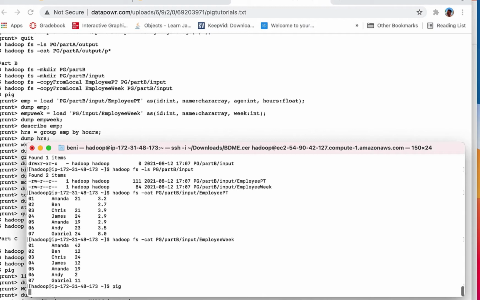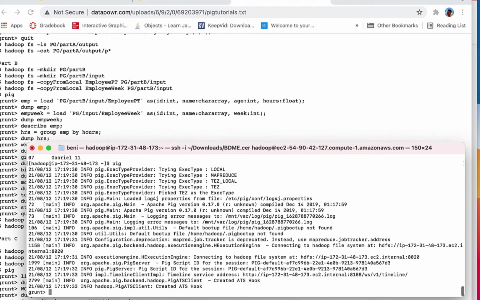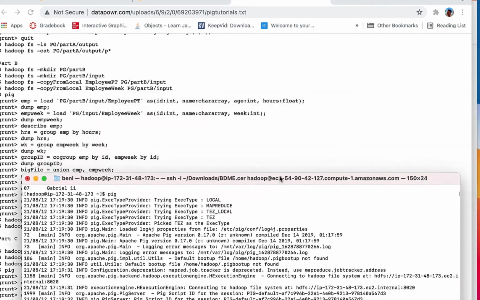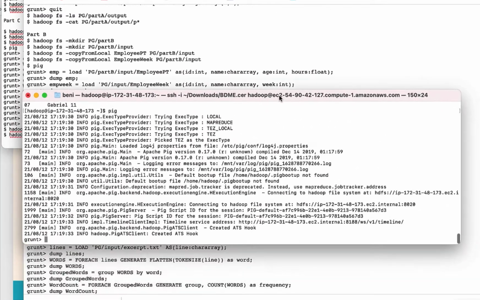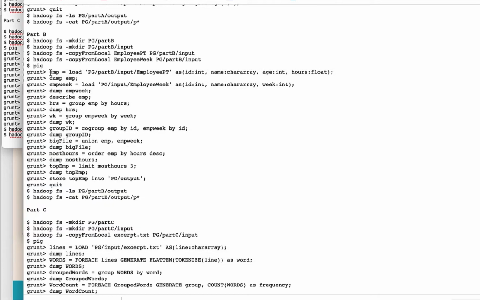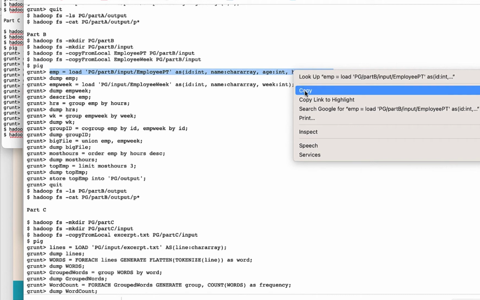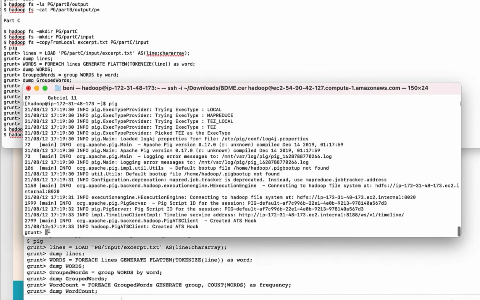Let's invoke the grunt shell, type pig. I will be copying and pasting the commands that are already posted on the DataPower website. So let's create a new bag called EMP that is going to load the employee PT, which is located under the input subdirectory. The fields are the ID, the name, and the age, as well as the hours per week that the employee has been working. So if we copy this, paste,